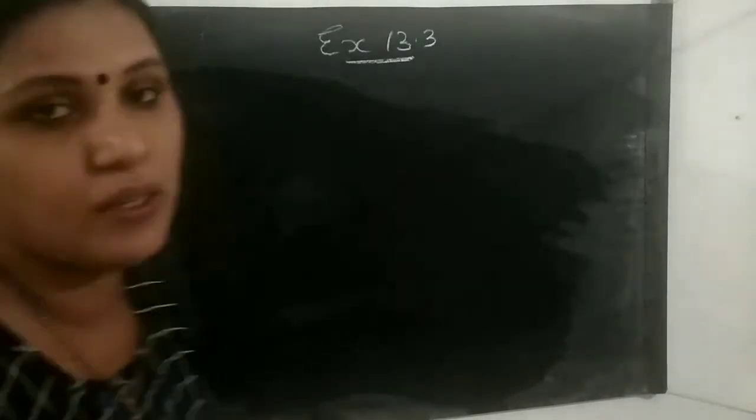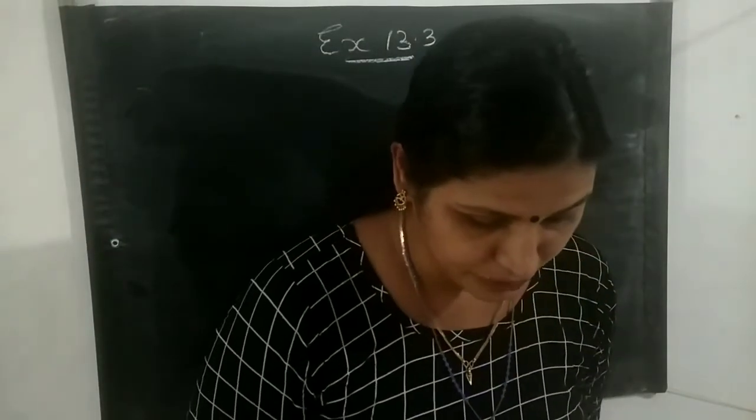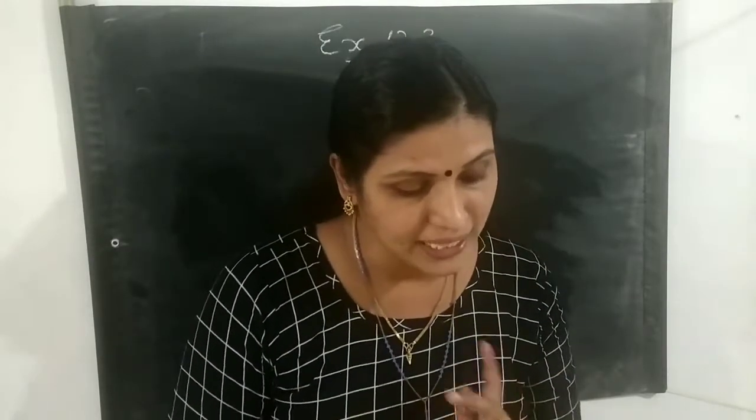Okay. Now the second question is, find the total surface area of a cone. Its slant height is 21 centimeter and the diameter of its base is 24 centimeters. See children, here the diameter is given, from this we have to find the radius, and also the slant height is given. We have to find the total surface area. The equation of total surface area is pi R into L plus R. Applying the value of L and R in this equation and calculate. So that's why it's a homework.